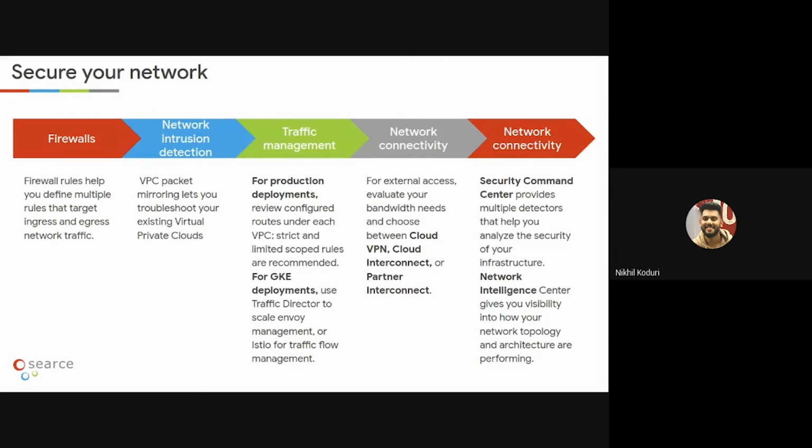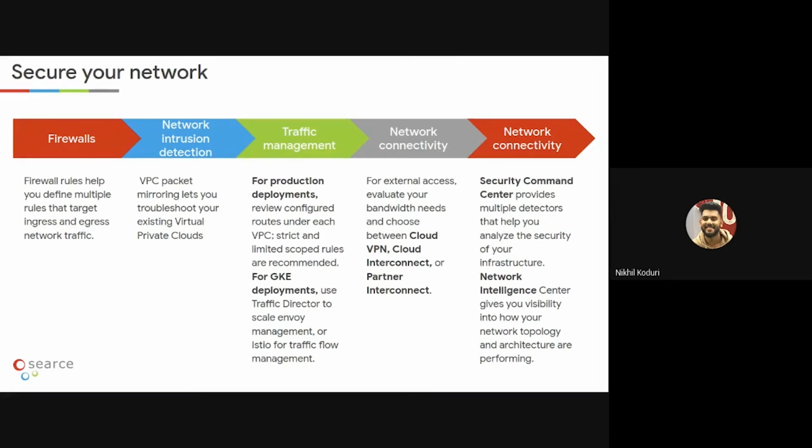And the recommended approach to deploying firewalls is using the service account, which you can do in Google Cloud. Next, we have to analyze the network packets coming into the infrastructure. You can use VPC Packet Mirroring to troubleshoot if there are any suspicious packets coming into the organization, and you can identify them and scrape them off.